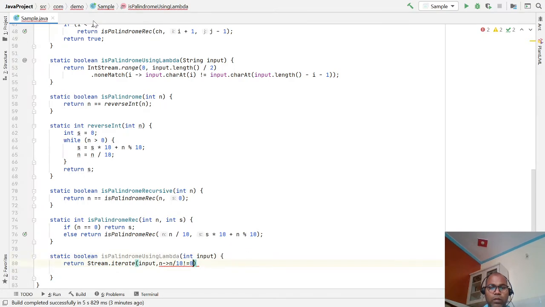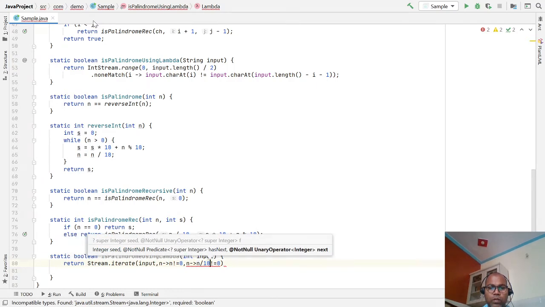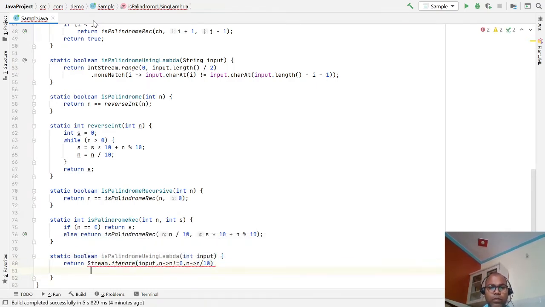Then the second input, number not equal to 0 and divide by 10, and then the reduce function.